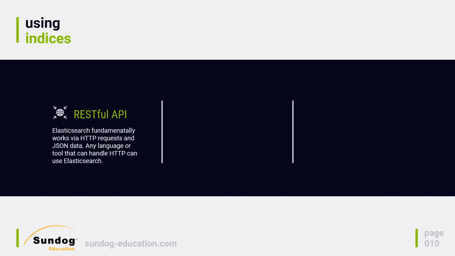For example, if you were searching for something on Elasticsearch, you would issue a GET request through a REST API over HTTP, and the body of that GET request would contain the information about what it is you want to retrieve in JSON format. We'll see examples of this later on. But the beautiful thing about this is that if you have a language or an API or a tool or an environment that can handle HTTP requests, like just talking to the web normally, then it can handle Elasticsearch. You don't need anything beyond that.